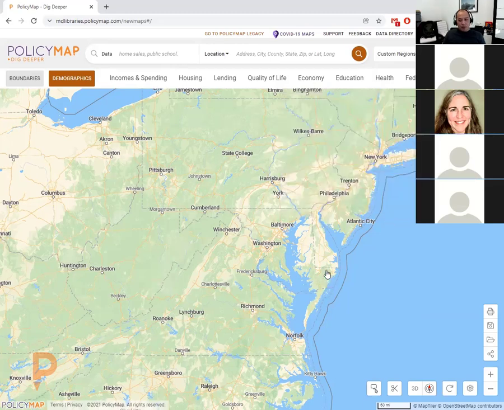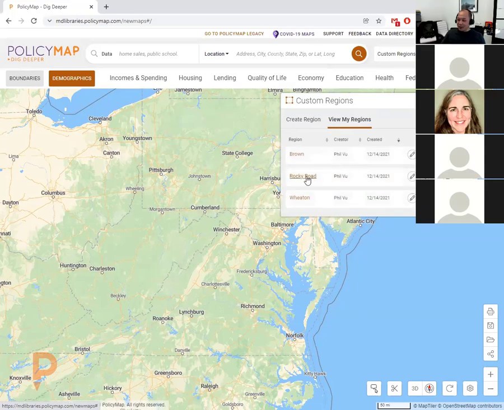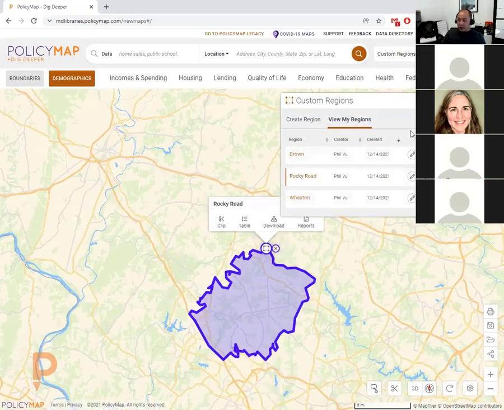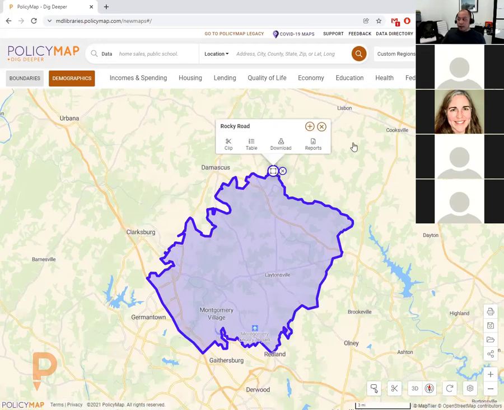So it's probably one of the most common ways that public libraries use it as a tool to collect data for applications and grants. The reports allow them to get that quick snapshot. And in the case of trying to download data for a given area, once you have your custom region created, if there were any pieces of data that weren't in the report that you're looking for, then you can just add it